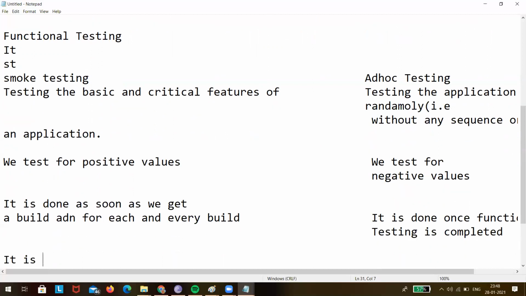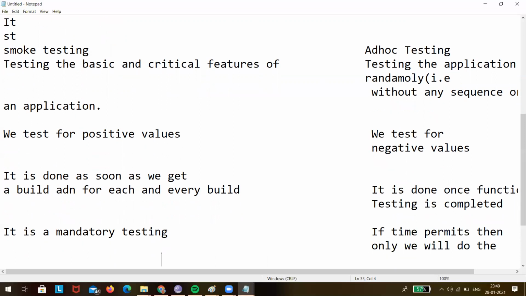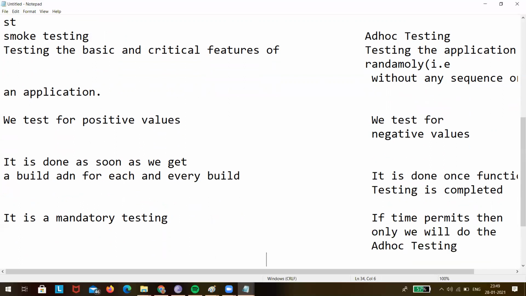Smoke testing is a mandatory testing, because as soon as we get a build or an application, we do some basic and critical checks to verify the build is testable. But here, only if time permits will we do the ad hoc testing. It is an optional one.